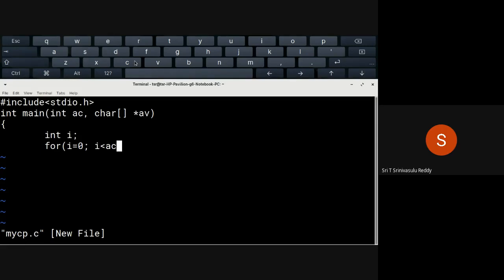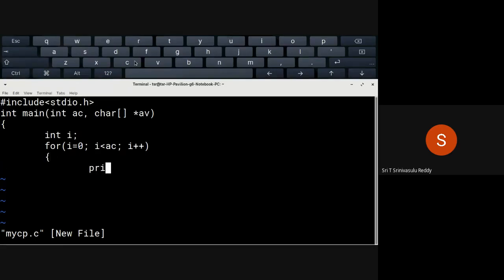If you want to store a string of number into an integer, first you have to convert that string into a number and only then can you assign. Here AC is an integer, so no issue. I less than AC, I plus plus, and then the curly brace begins.